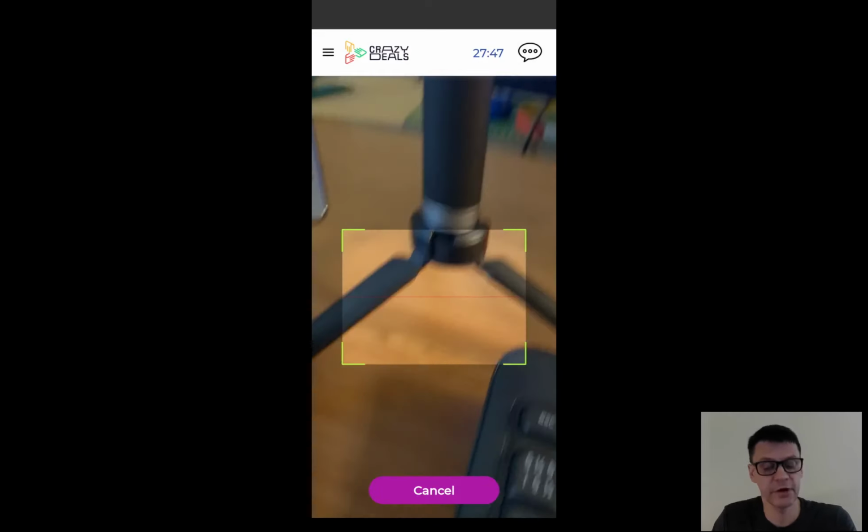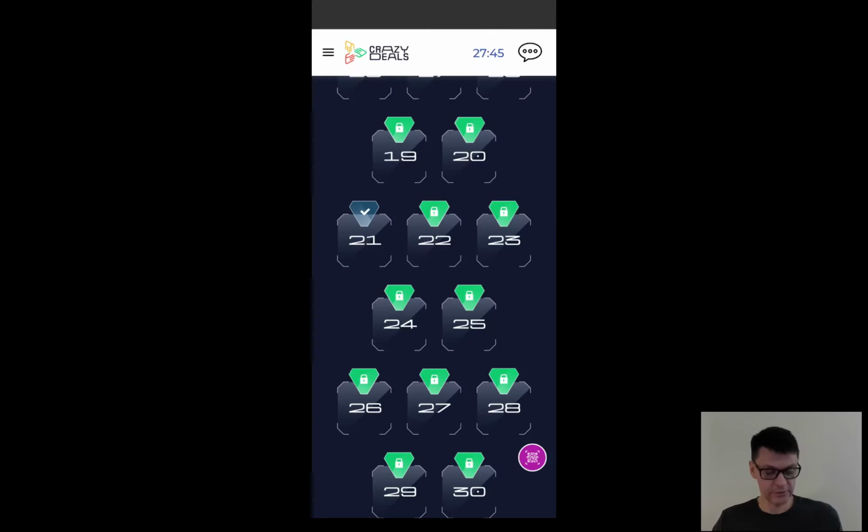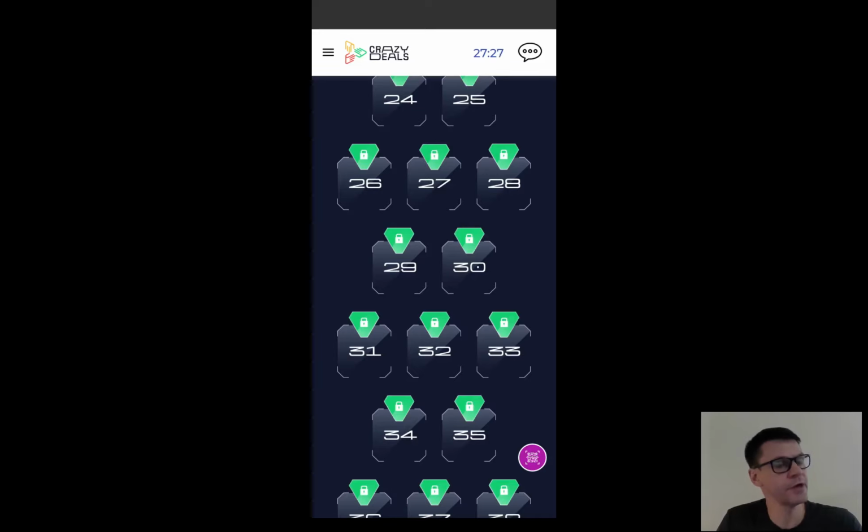So 21 is scanned for me, and that means there's not much I can do with that. I need to trade it in. And here the inter-table thing comes into play. Others need the card that you have, and you need the cards that others have. And the idea is that within the limited time frame, and the default is 30 minutes, and I would say